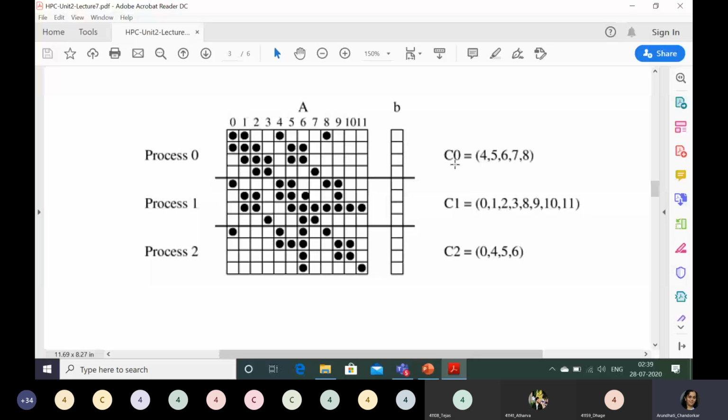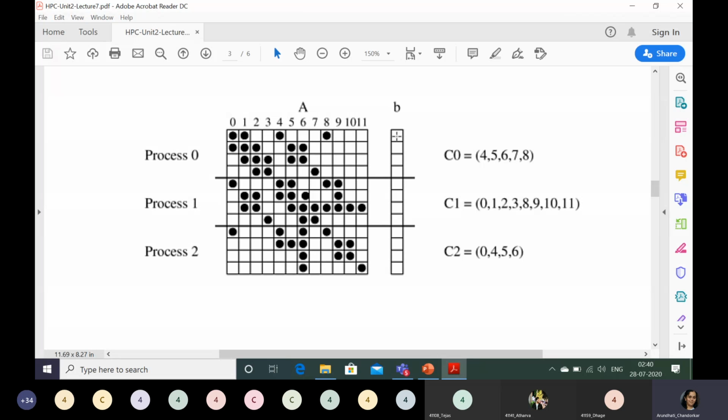This C0 list is with process 0. So some numbers 4, 5, 6, 7, 8. You can see these are the task numbers from which you will have to receive the elements. Only focus on the first partition, that is process P0. So this process 0 owns all these tasks, so it knows all the tasks, plus these elements also process 0 owns. So what about the remaining elements? Those numbers are written here. Are you with me?